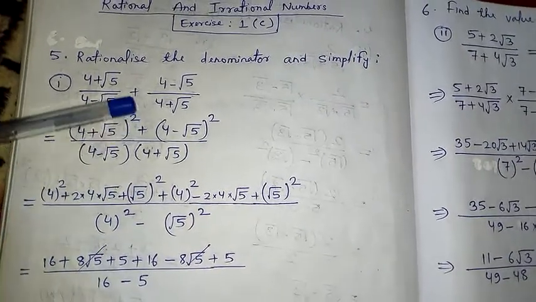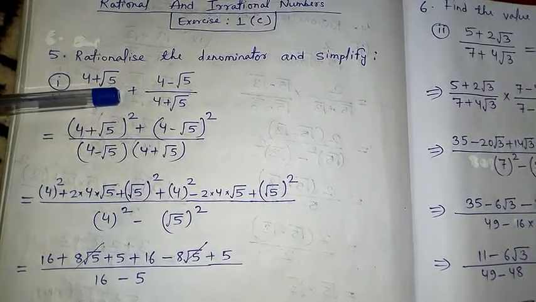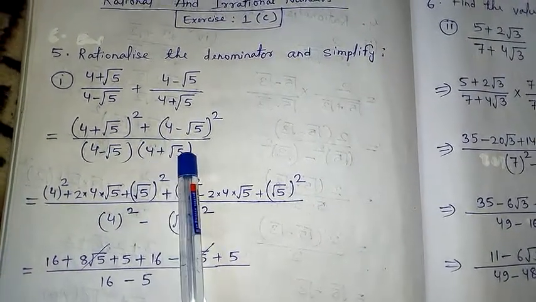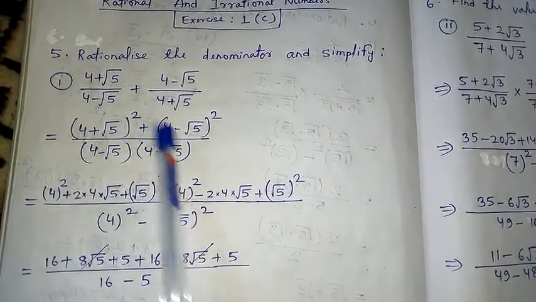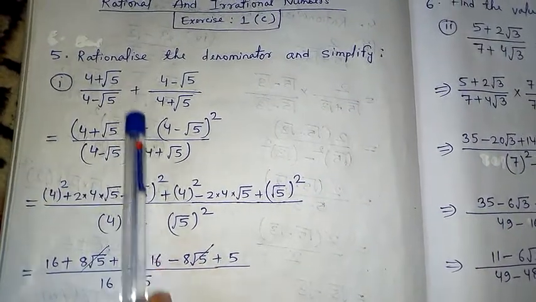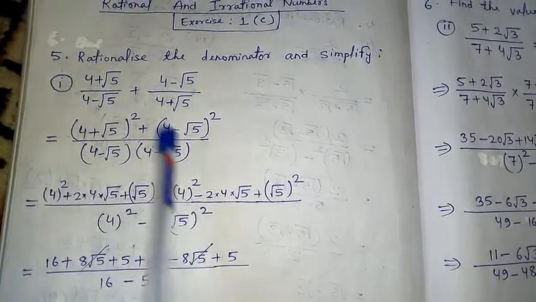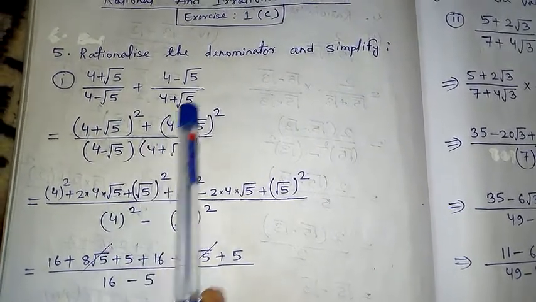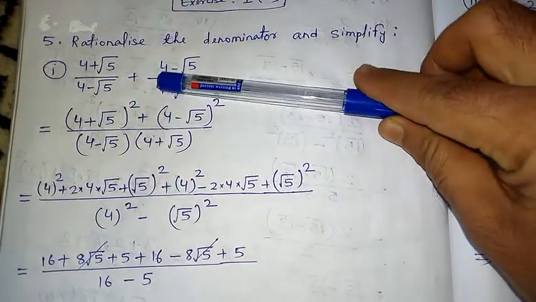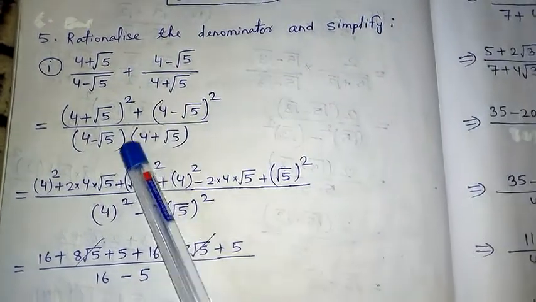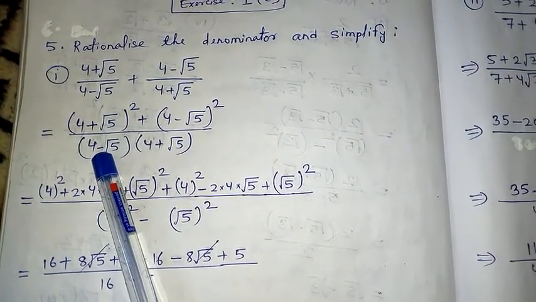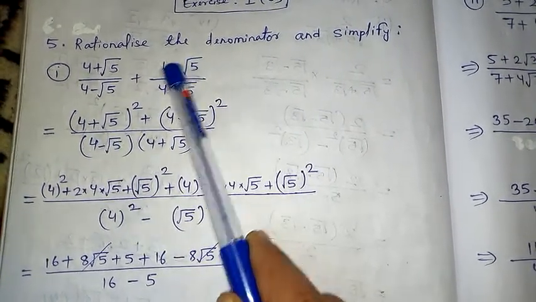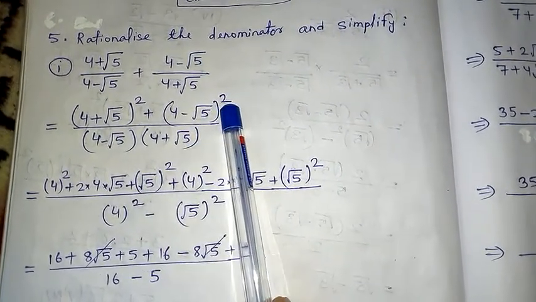We have to cover. If 4 minus root 5 is there, cover 4 minus root 5. Then who is remaining? 4 plus root 5. This remaining 4 plus root 5 will multiply with 4 plus root 5. When the same number multiplies 2 times, we can write whole square. Plus, this plus comes here. This time we cover 4 plus root 5, then 4 minus root 5 is remaining. So 4 minus root 5 will multiply with 4 minus root 5. Same numbers 2 times, we can write whole square.